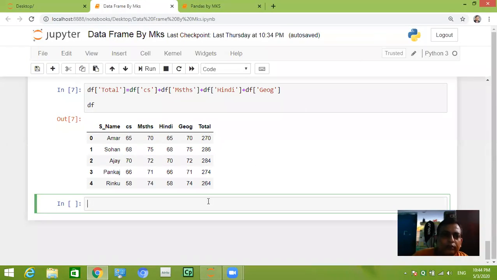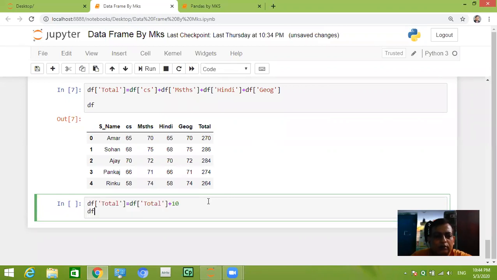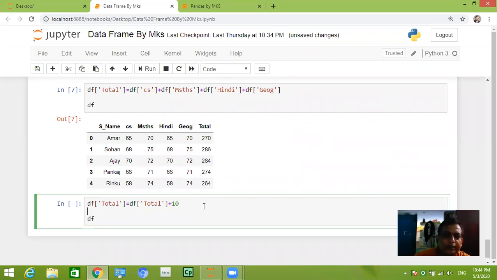Next we'll see if you want to increase or decrease values of any column. Suppose we want to increase the total by 10 marks for all the students. So what will we write?